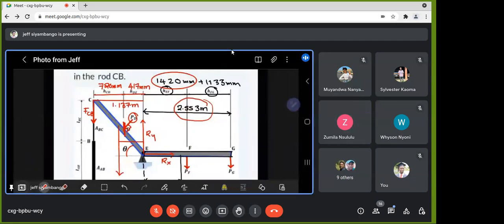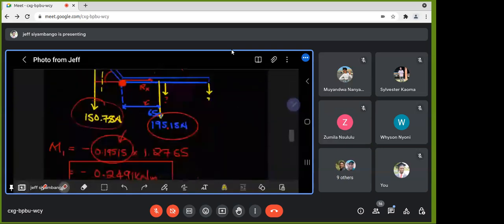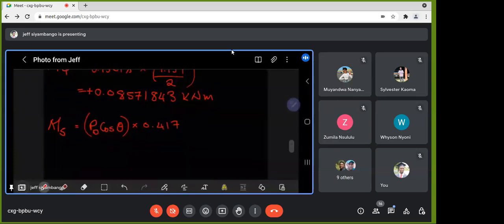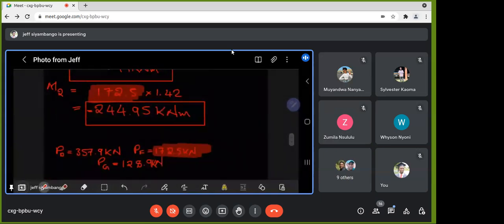For PD, the distance that will be perpendicular to the force will have to be HDE, because the force is going to be a vertical force. This distance HDE becomes the one that we are using for this one. So that's 0.417. It's 0 point because we've already converted it to meters. PD is 357.8